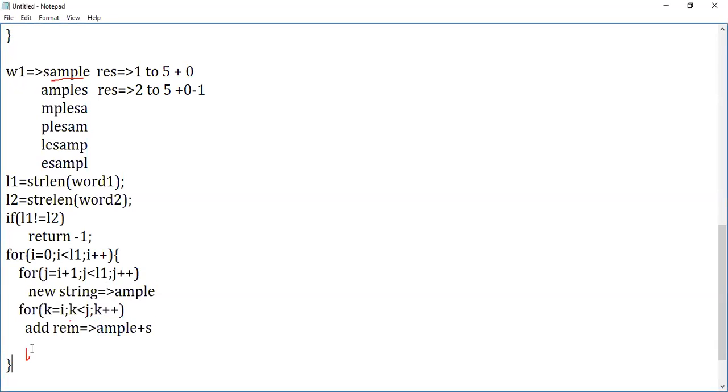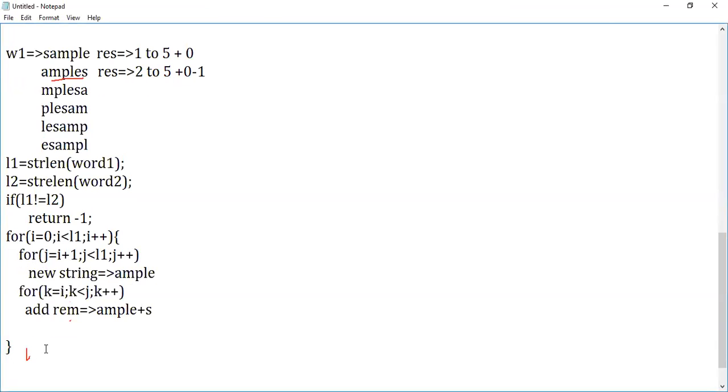Now you can check with it. Before coming out of it, you can check whether the new string you formed equals your word2, just by using str compare of your new string comma your word2.